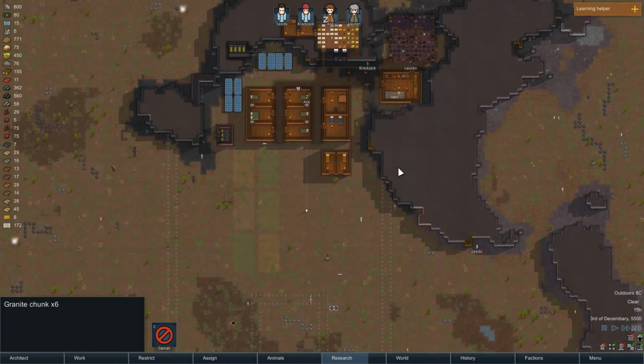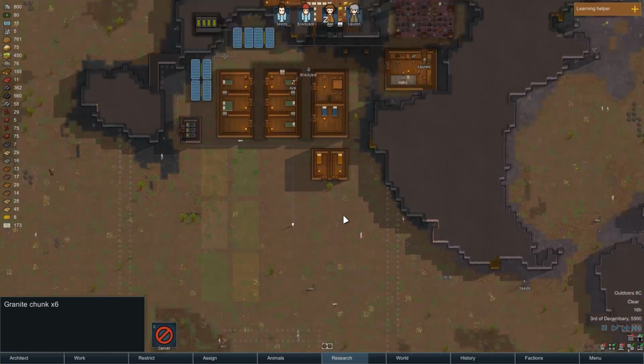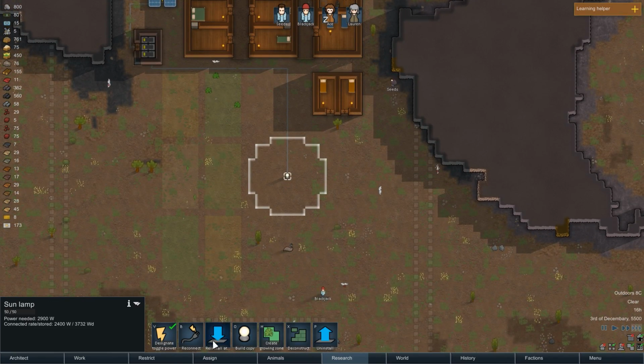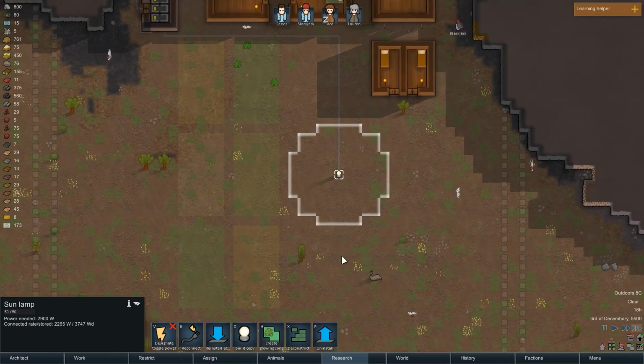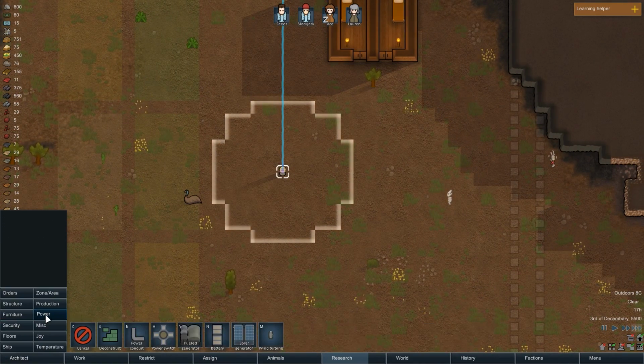There's granite that can be hauled, since that's what we want to make our walls out of. We want to make them out of granite. This is up and running. We're going to turn it off for now, but that'll tell me where it needs to be. And then we'll go...